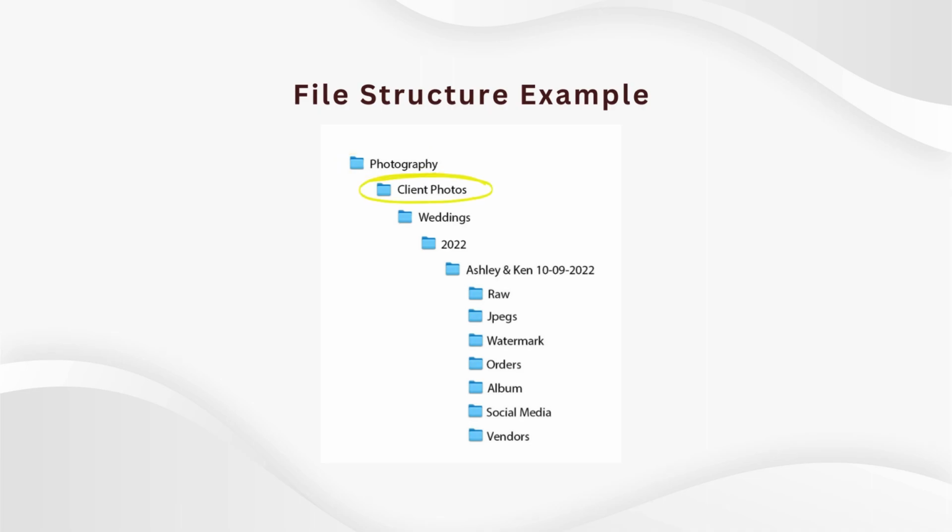Under photography, I have client photos. Under client photos, I have weddings. I also have engagement. I have boudoir. Sometimes I do portraits. So I have a folder for each one of those. But under weddings, I actually have a folder for each year. And the example that I gave here for 2022,